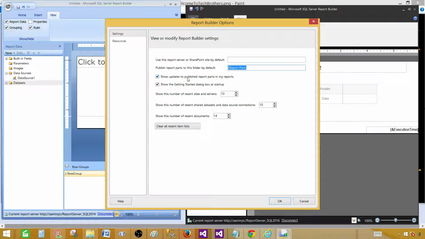"Show updates to publish report parts in my reports" — you can uncheck it if you don't like it. "Show the getting started dialog box at startup": if you don't like it, you can uncheck it, or if you want it, you can check it back. So your choice. And now, "Show this number of recent sites and servers." If you are connected to multiple servers at different times, you would not like to see all of them. You can change it. You can maybe have 5 of them and say, okay, show me the last 5 recent,